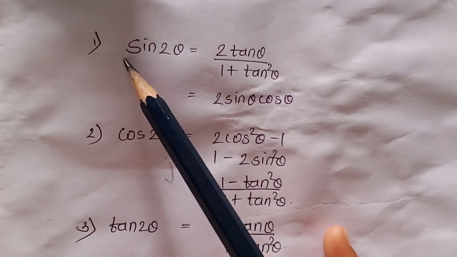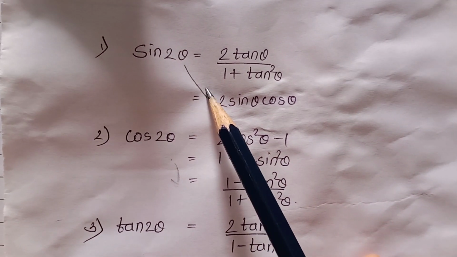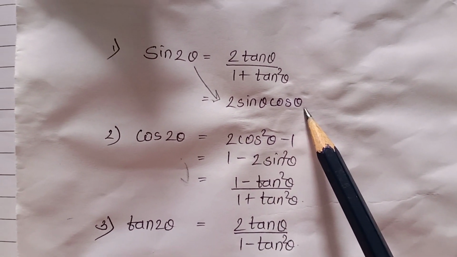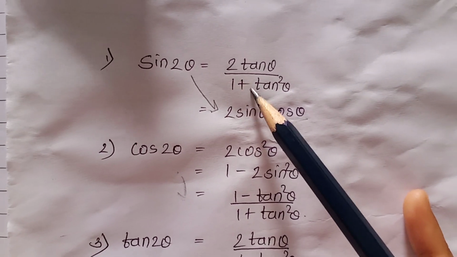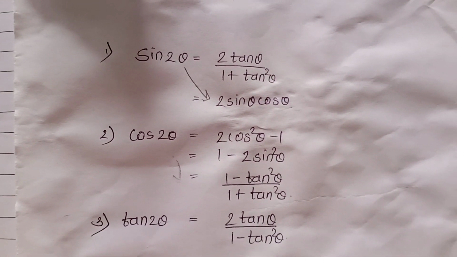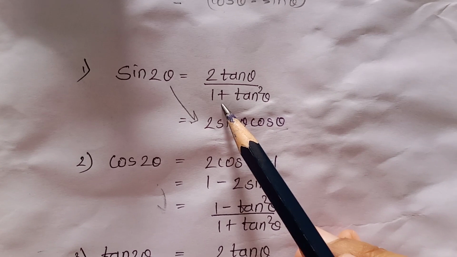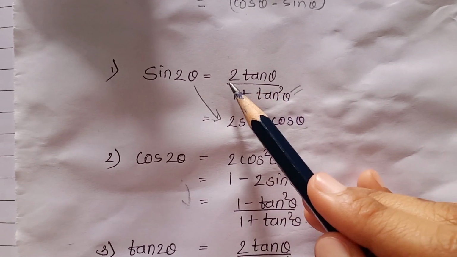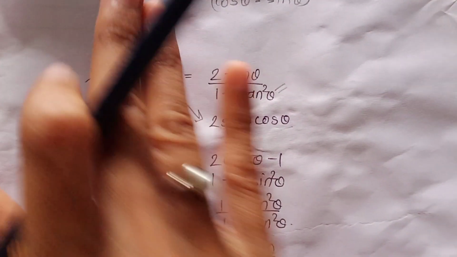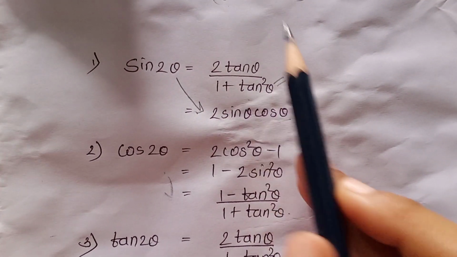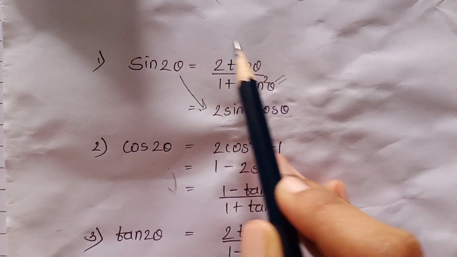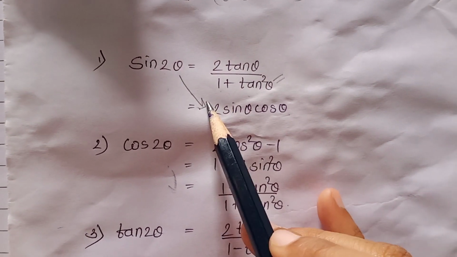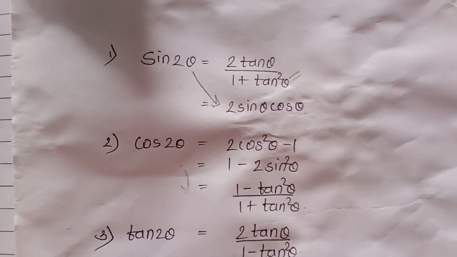Usually we use this formula of sin 2 theta, 2 sin theta cos theta, but there is another formula in terms of tan, which is 2 tan theta upon 1 plus tan square theta. So this format you have to remember. Sometimes in an example it will be 2 into x upon 1 plus x square. So at that time, if you remember this, this type of form is of sin 2 theta after putting x equal to tan theta, then it is easy for you.